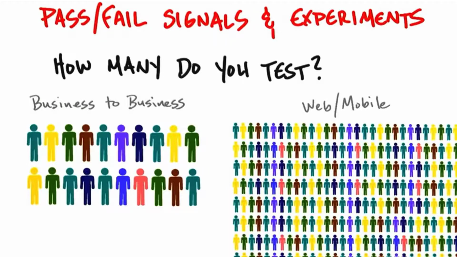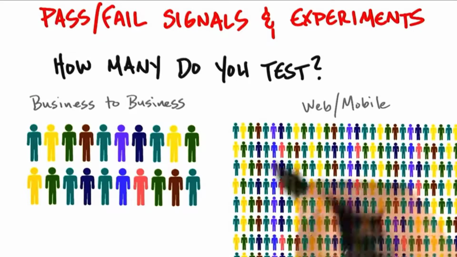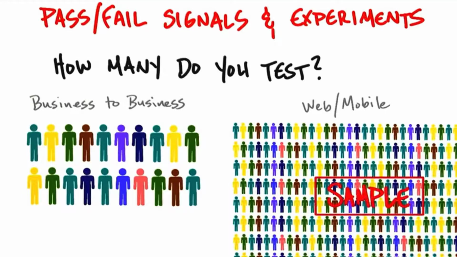Just a caveat and a warning: when you're out of the building trying to talk to hundreds or thousands of potential web or mobile app users, you want to be careful that you're not completely dependent on online surveys. People simply lie on surveys. And so what you want to have is some sample where you actually bring those people into your building or you go see them and you watch their pupils dilate as you actually ask them the question, and see if that diverges from the data you're getting when they're hitting your website or you're sending them questionnaires. And then you'll have a correlation to be able to figure out if that data is valid or not. So just keep that in mind when you're trying to reach hundreds or thousands of people for customer discovery.